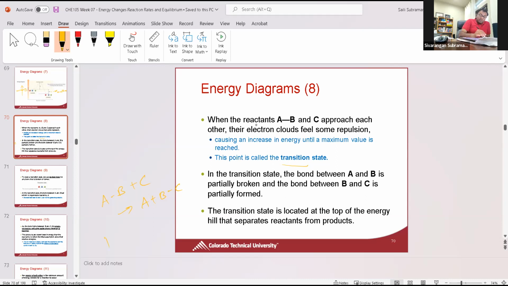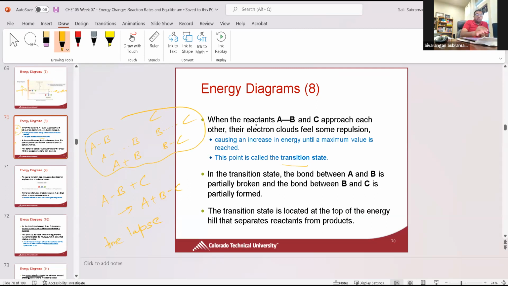if you do a time lapse video on this at a molecular level, you will see that some of them are A-B, some are partially starting to break, some are completely broken, and at the same time you're having B-C, and then you have the strong bond B-C, correct? And then you have the C. So this is called the state of transition, and that usually on an energy diagram happens at the